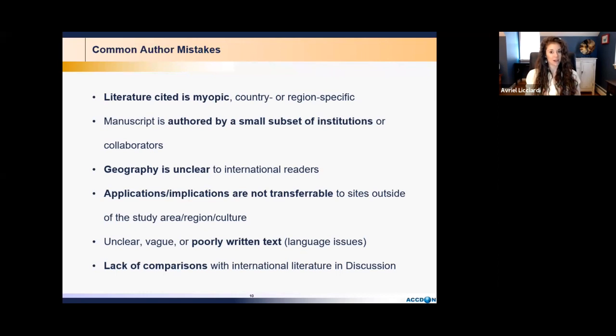It is important, however, to understand that language concerns are not just grammatical or spelling or sentence structure errors. Sometimes they're specifically unclear statements that are ambiguous to a peer reviewer. It's very important to remember that language needs to be clear to the reviewer, because if they cannot understand what you're saying, then they cannot assess the science for its rigor. And lastly, if there is a lack of comparisons with the international literature in the discussion, that may be cause for the journal editor to reject your paper for publication. And we can discuss more of that as we move forward.